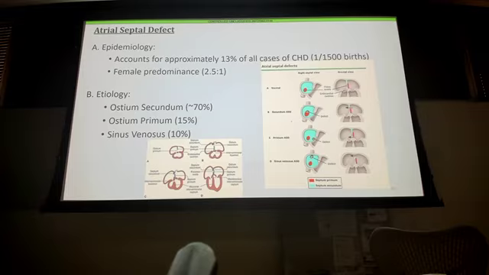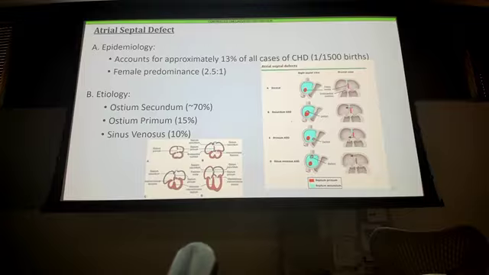But what happens if the cells are excessively reabsorbed? So now the ostium secundum is much bigger than it should be. Or maybe that covering down doesn't occur,